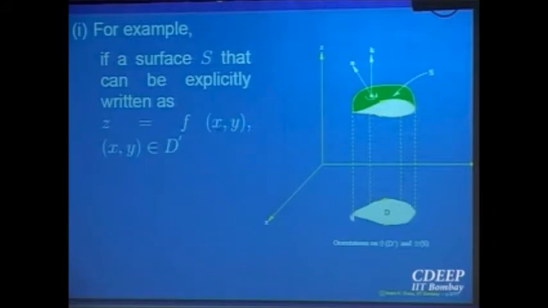So on this domain D, I know the boundary of this domain in the plane. For each point, you take correspondingly z equal to f(x,y). That gives you a point of the surface. So that gives you the boundary points for the surface. The image of the domain below is lifted up, and that gives you the boundary of the surface for a surface given explicitly. More often than not, this is the kind of surface that we are going to come across.